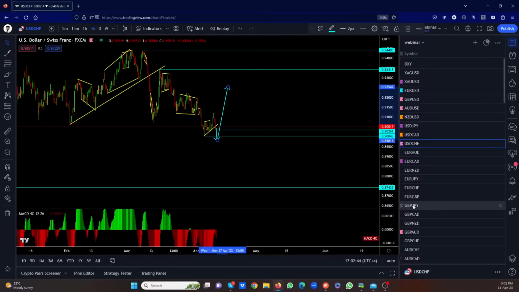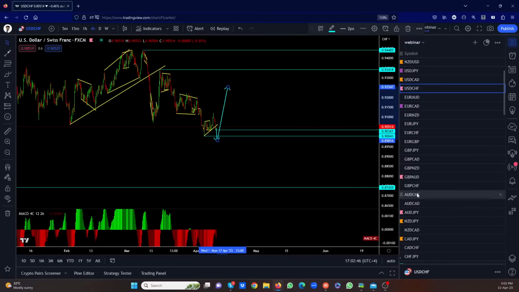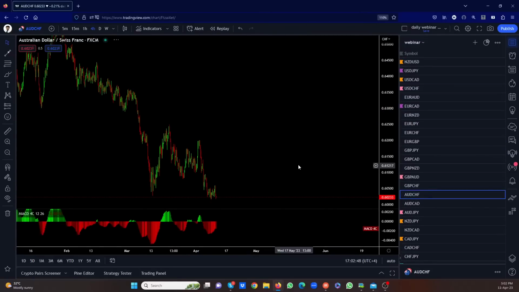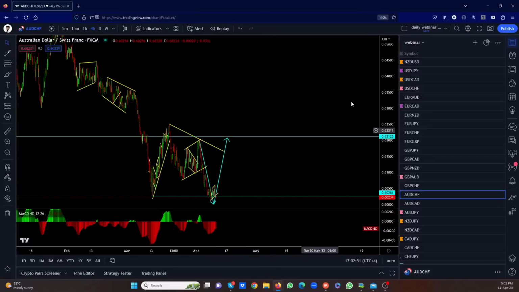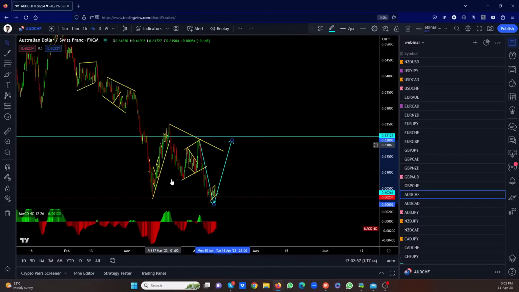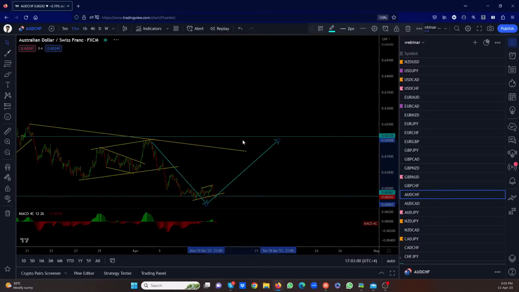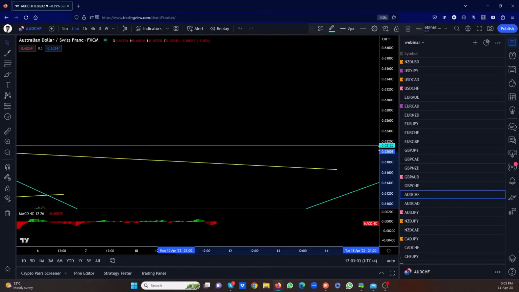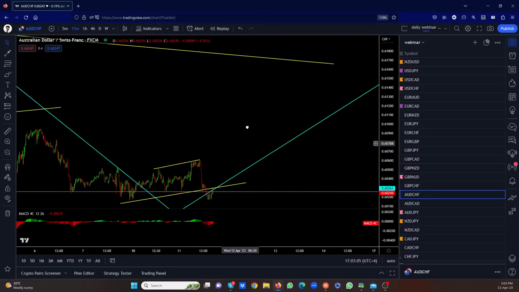Let's see Aussie Swiss. Aussie Swiss broke the low, I think. Yep, we broke the low. So this should go back up one more as well. We broke this low. This should go back up one more and then downside. Right? That's a very similar structure. So go to the 15. Let's hope we can get these trades during our trading session this week, so you guys can see it.